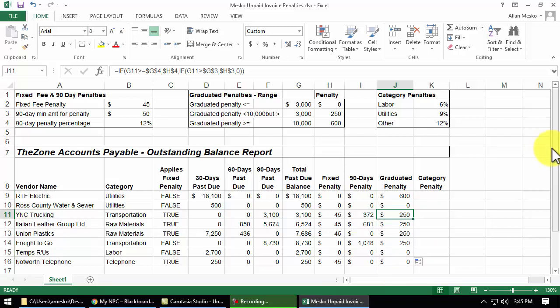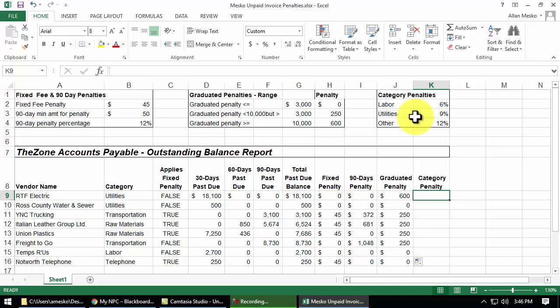Oh man, we're almost done. Number 5. Penalties can sometimes be specific to vendor category. It says in column K, that's right here, write a formula that can be copied down to calculate for vendors in the labor category. Here's our categories. Apply 6%, and it shows it right here. Here's our category penalties. If they're in the utilities category, apply a fee of 9%. Yeah, that'd be a big fee. Otherwise, any other categories,